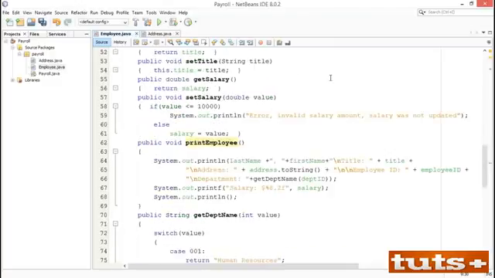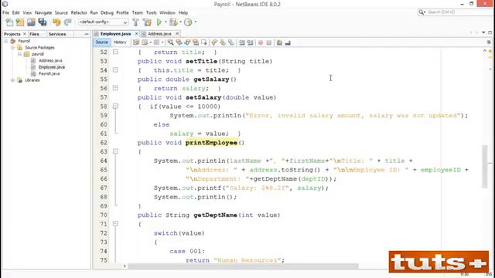The reason that we want to do that is you'll notice that on line 57, I have a set method that allows us to change the salary. Well, we don't want the user to accidentally enter in a salary less than $10,000. So we can add code that says if value is less than or equal to $10,000, then print an error saying invalid salary amount and let the user know the salary was not updated. This prevents the user from accidentally updating the salary directly and gives us some control over what gets changed and